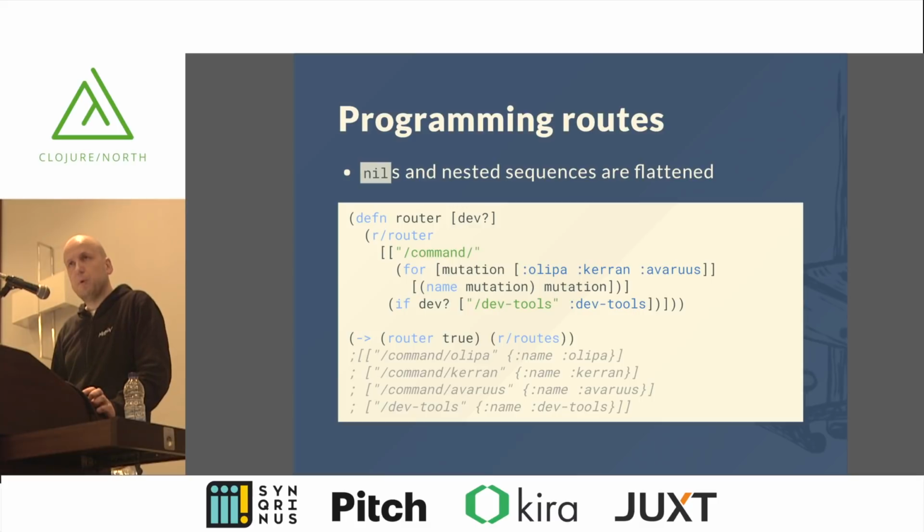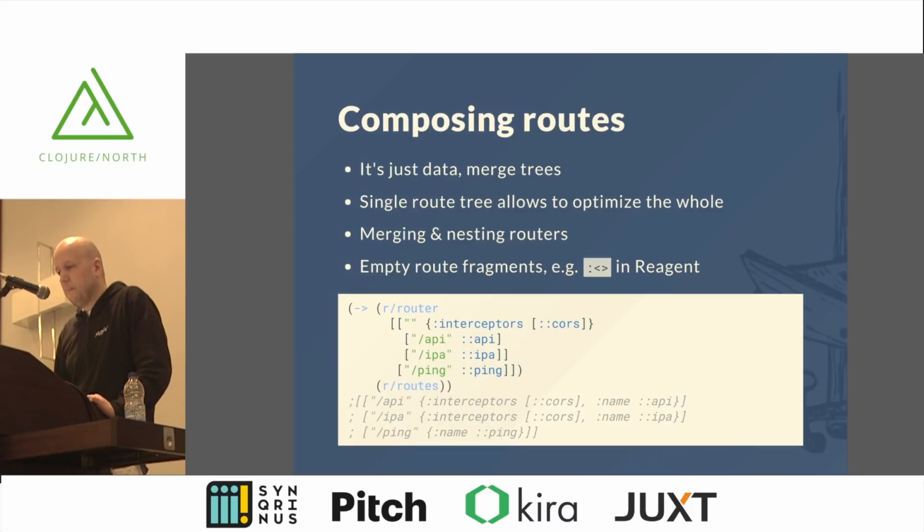Programming routes, this is important because we want to do this. So little helpers: we are taking away the nils, and if there are sequences, we flatten them. So you can use for within the routing table, you can have these ifs, and if it returns nil, they're just removed. So this is how we want to use that. Composing routes,